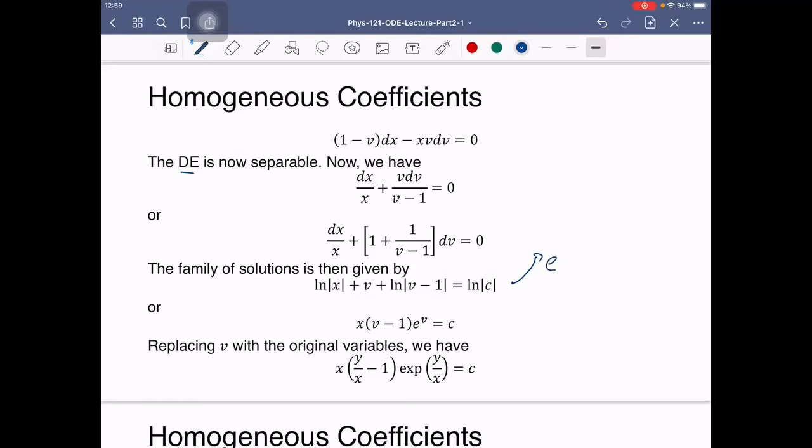Okay? So, since everything here ay ln, we can do some mathematical equivalence, or pwede natin sabihin trick. So, pwede natin gamitin is e. Gagamitin natin yung both side na exponent sa e. So, we have ln of absolute value of x plus v plus ln of absolute value of v minus 1, is equal to e raised to ln of c. Okay? So, in this case, we can just take the absolute value. So, since exponent to, we can have,